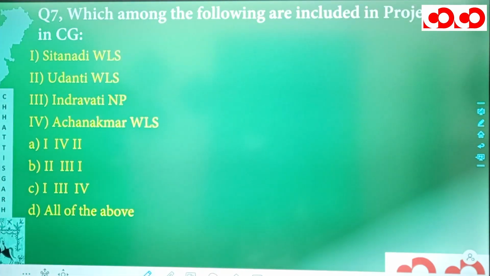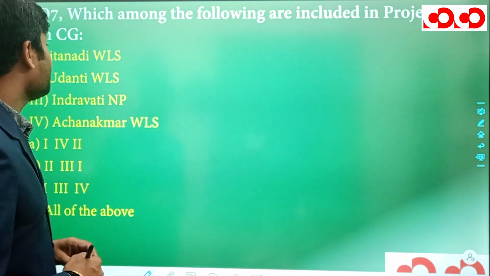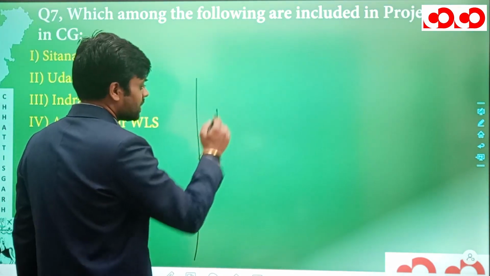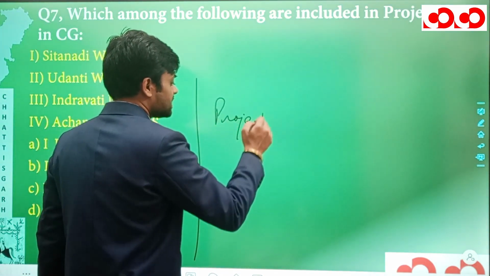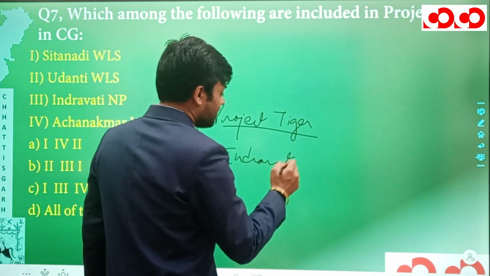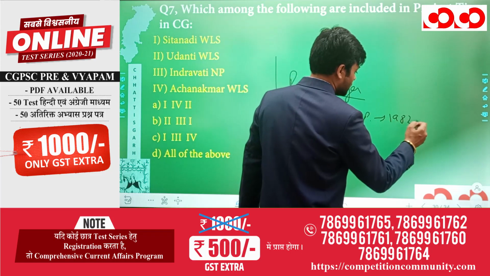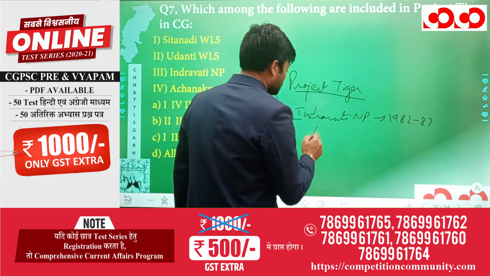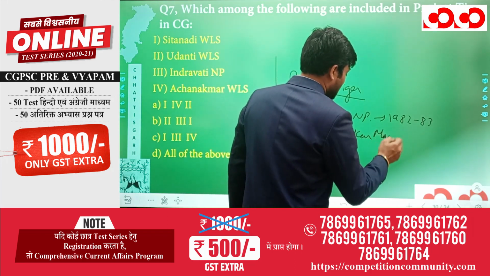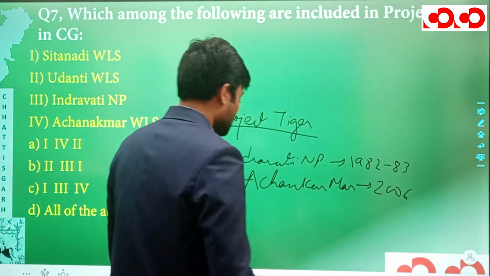Now next we have our seventh question. Which among the following are included in the Project Tiger in Chhattisgarh? So let me tell you, in the Project Tiger in Chhattisgarh, Indravati National Park was actually included in the year 1982-83. Achanakmar Wildlife Sanctuary was included in the year 2006, and